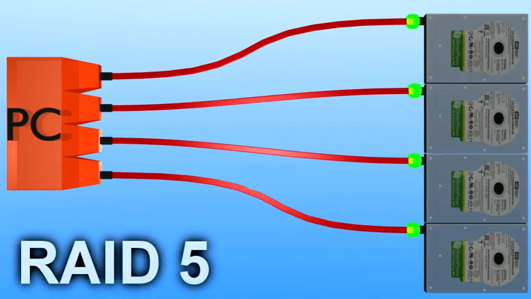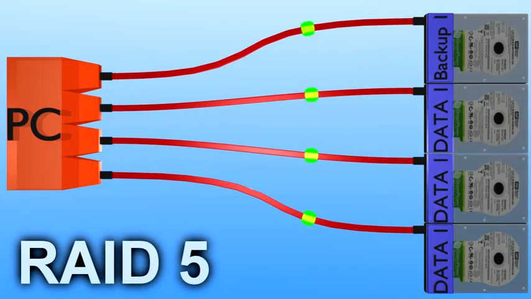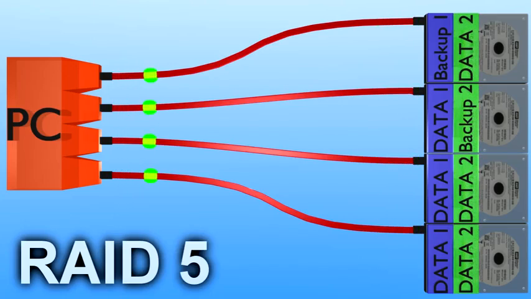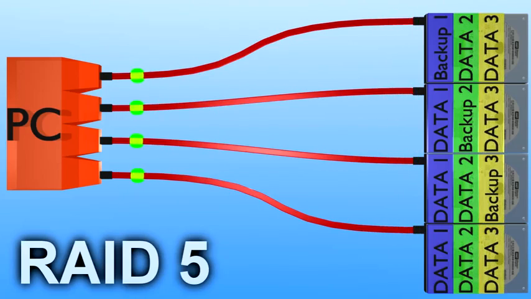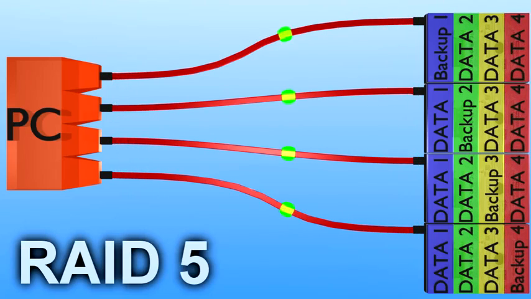RAID 5 replaced RAID 3 and 4, and stripes your data across all drives at a block level, while writing backup information known as parity data distribution, which is written across all disks in the array. It is generally the most popular array because it gives performance while the chance of the array failing is small,